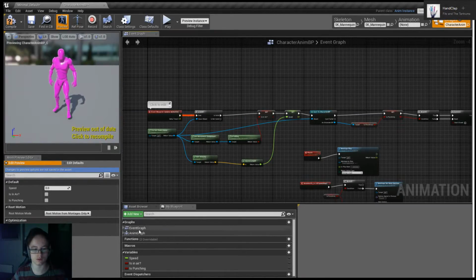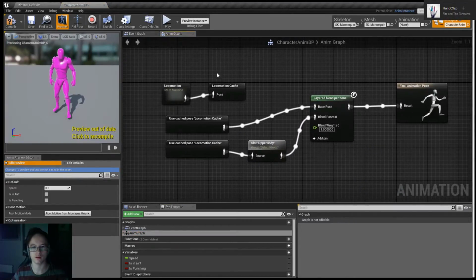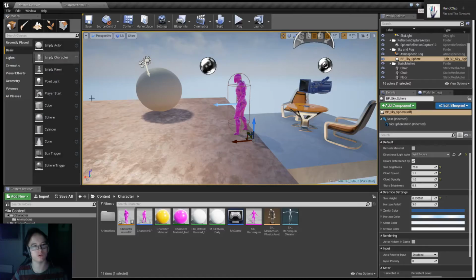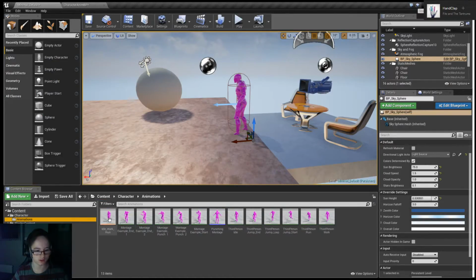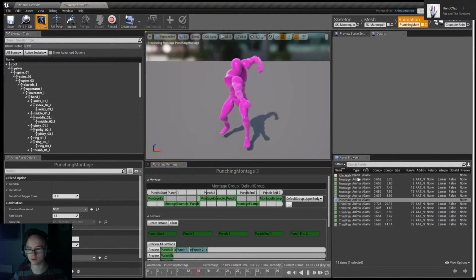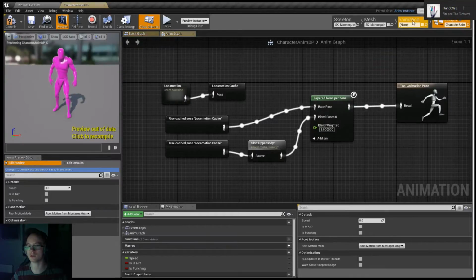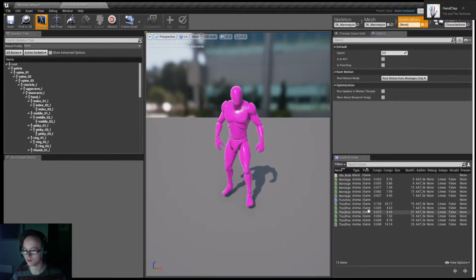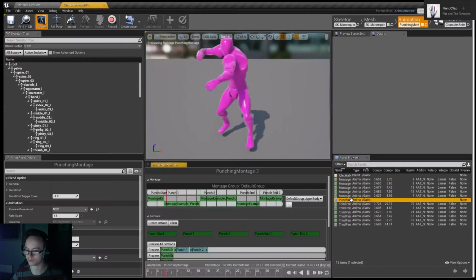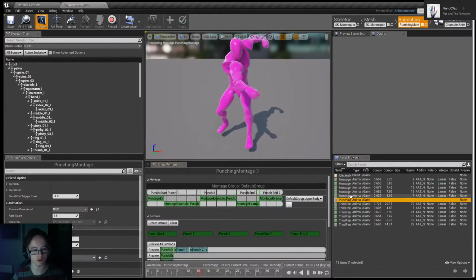once you're done with that, I'll close it. This is to do with the punching, being able to punch and have the running animation at the same time. So if we go in the animations, it doesn't really matter which one. I forgot, but yeah. Where was it? It was something to do with